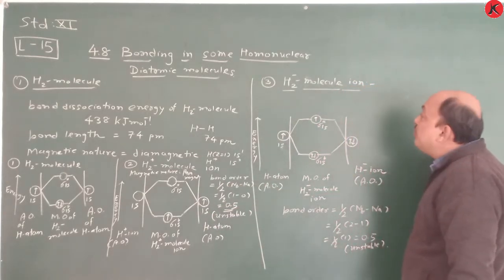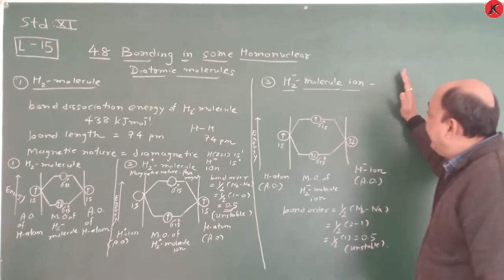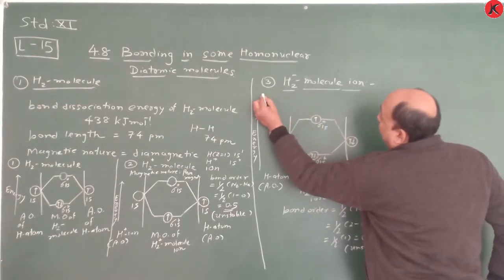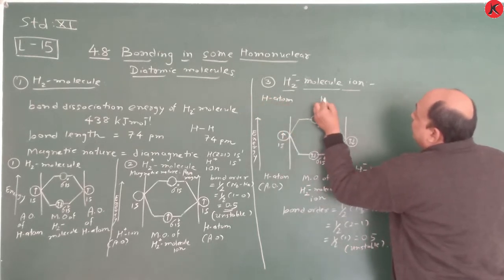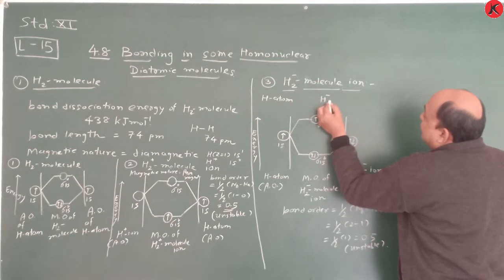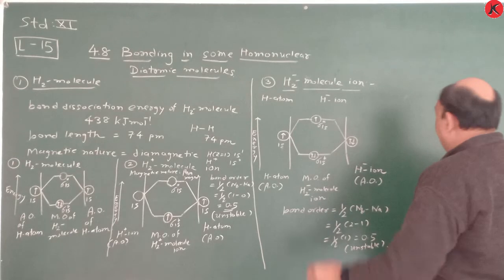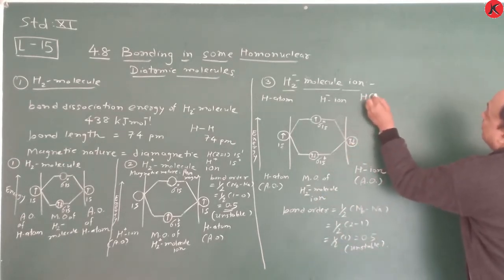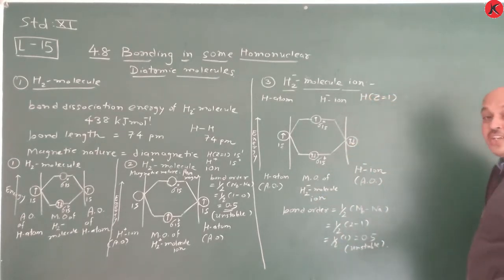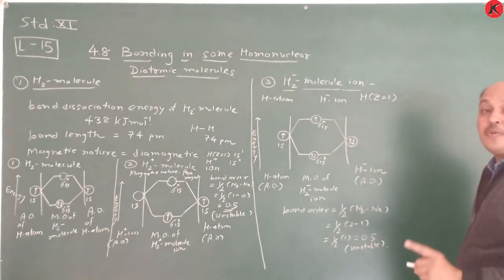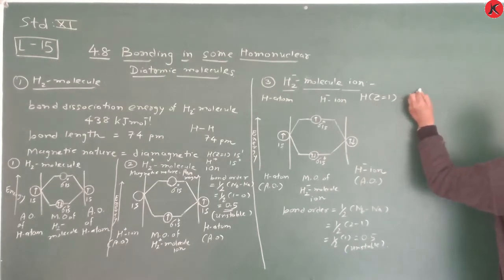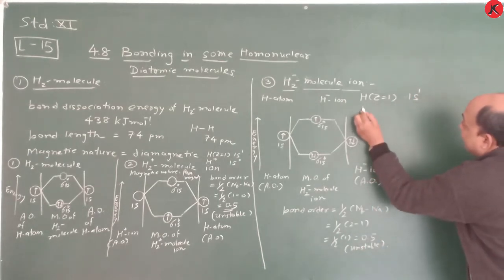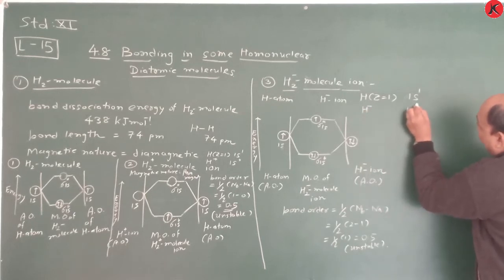And another, the H2 minus molecule ion, is also there. The H2 minus molecule is made up of one hydrogen atom and another H minus ion. Okay, the H minus ion. So what is the meaning of H minus ion? Understand from this point of view. For hydrogen, you know the electronic configuration. If you know the electronic configuration from 1 to 10, then there is no problem. So here hydrogen Z is equal to 1, 1s1, and suppose I write H minus, it indicates what? 1s2.